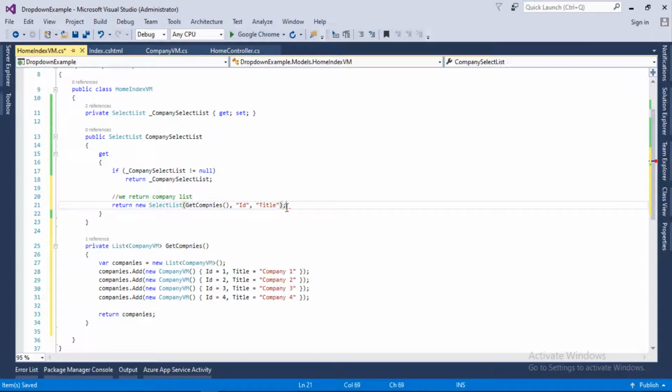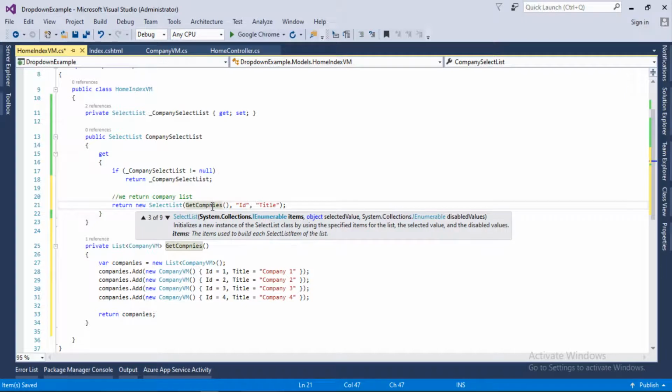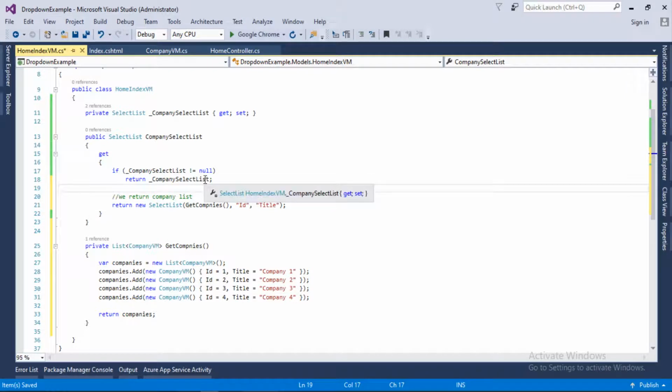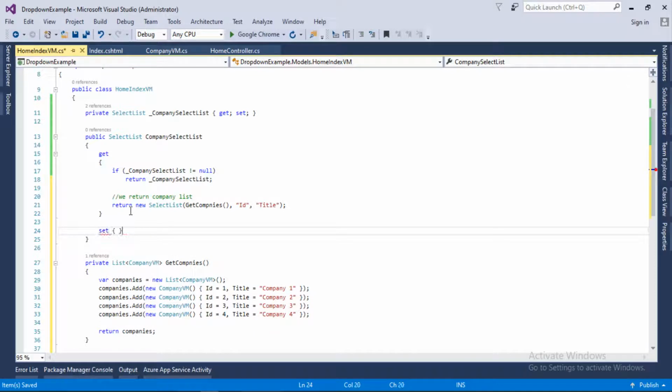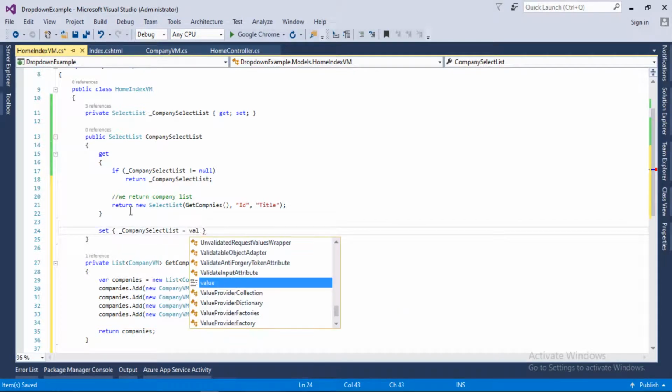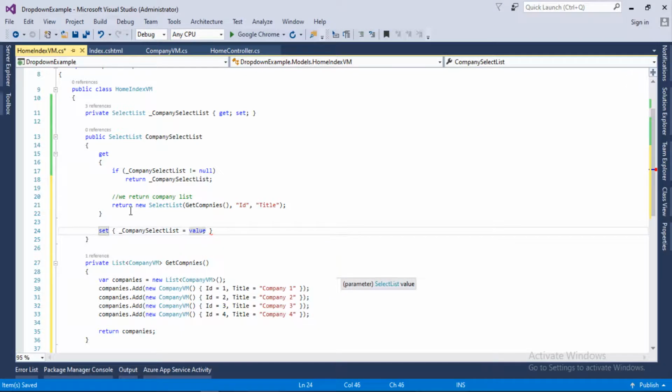As you can see here, we have different overloads in this, and we have used this one: items of IEnumerable, and second will be the data value field, and third one will be the data text field. And let's add this value as well. So in the set method we will assign the company select list to the value. So that's it for the model.